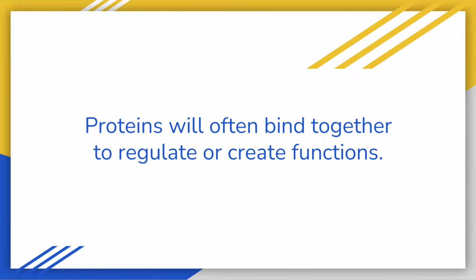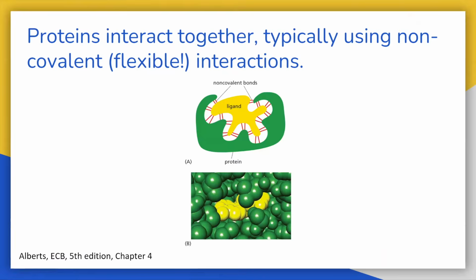So proteins can act as individuals, but they will often bind together to regulate each other or to create new functions from their complexes. In order to do that, they typically use non-covalent or flexible interactions. So for example, in this picture, you've got a protein shown in green, and you've got a ligand shown in yellow, which may or may not actually be a protein, but for the purpose of this conversation, let's assume that it is. And when they fit together like this, you can see that they have so many non-covalent interactions holding